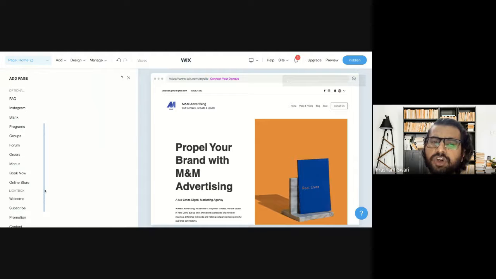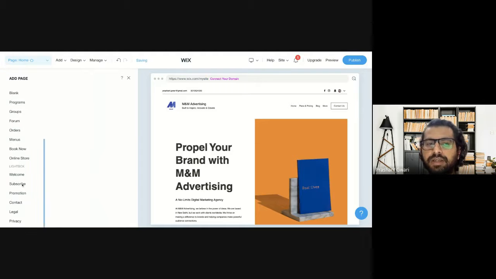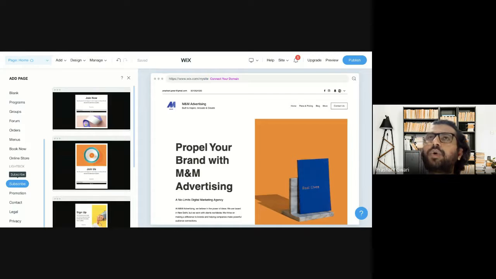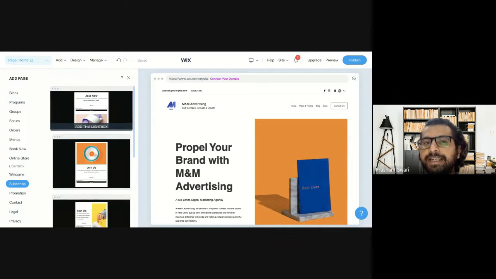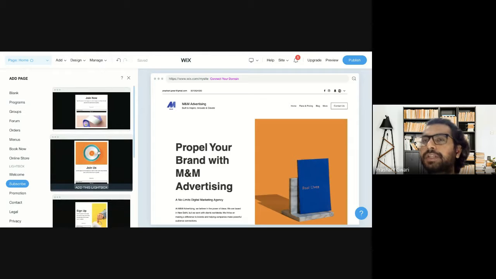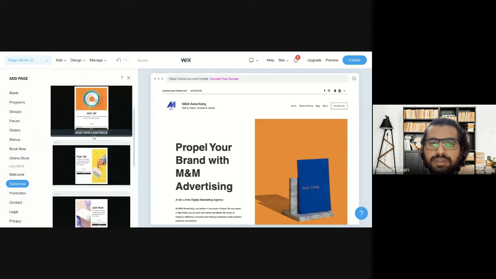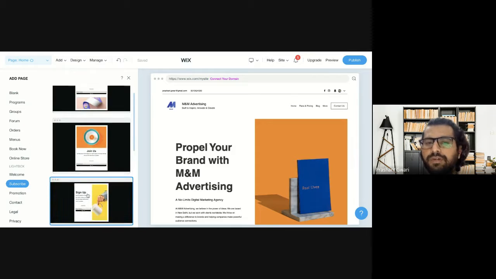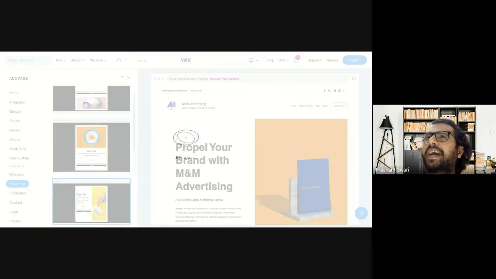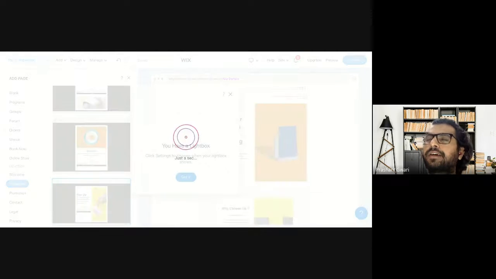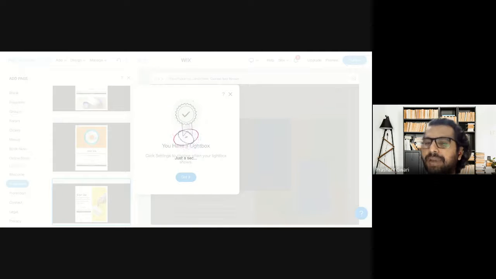Even e-commerce websites use these kind of tricks to collect email IDs of their customers. So they create some kind of, I told you which H&M is doing, they create these kind of subscribe now buttons. So 50% discount or free delivery, these kind of things. So let's say I want to go with this one. Sign up now. So as a marketer, you can type here like a free demo session or free 1 month service or free package to collect email IDs.